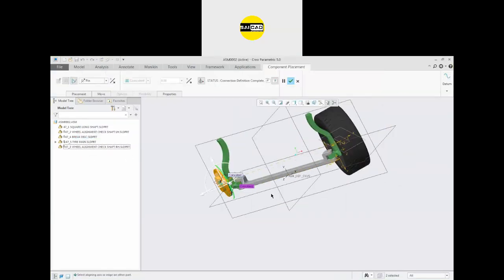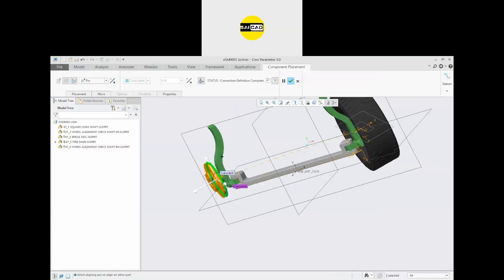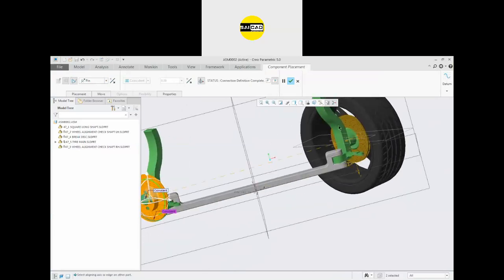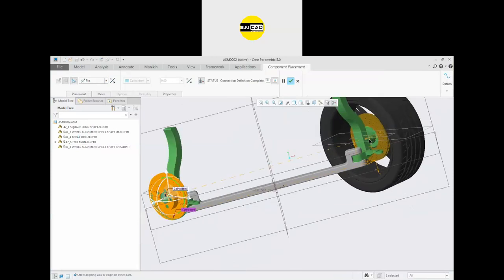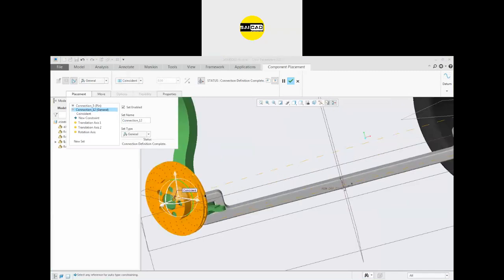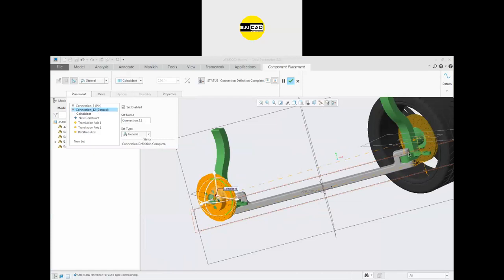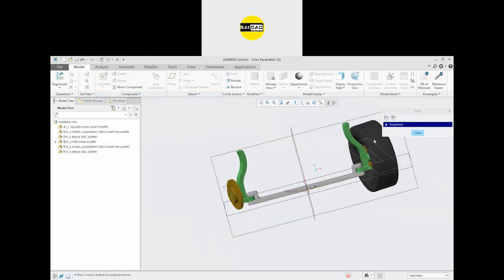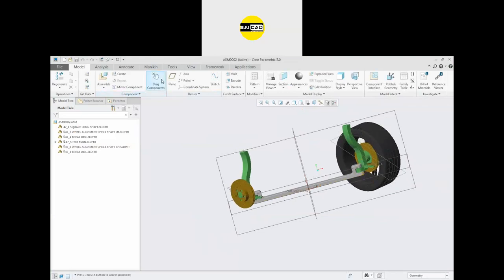For that, you can see this is on the rotation. So I think I have selected some wrong component here, some wrong value. So for that, let me check. In the placement, I have applied a general. So in the general, it will find that coincident with this place. So going to delete that first. Click OK and check that it can rotate. Yes, it can rotate. Check this rotation also. Yes, it is in the rotation.